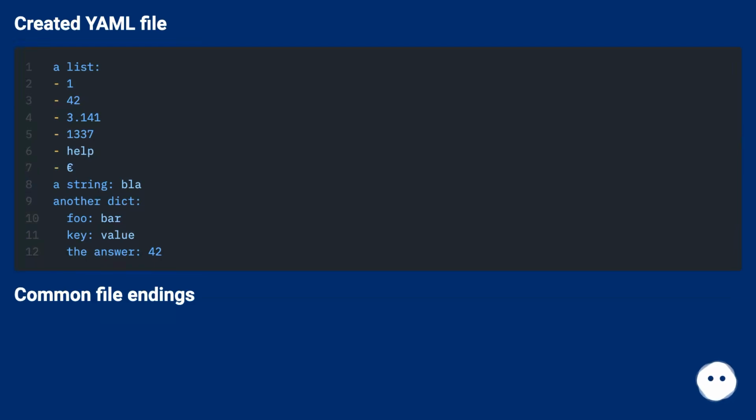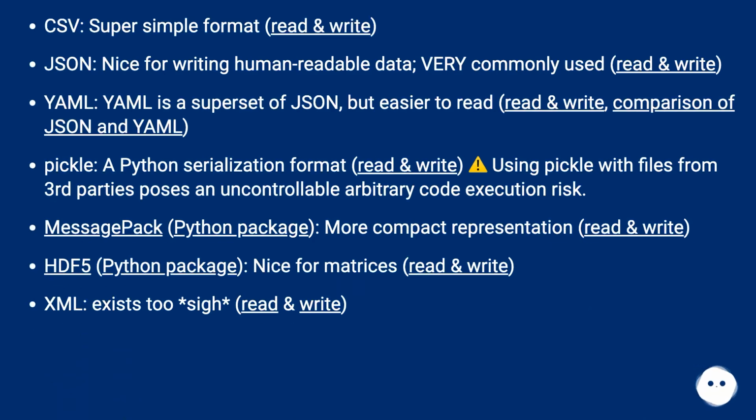Common file endings: .yml and .yaml. Alternatives: CSV, a super simple format, or read and write. JSON, nice for writing human-readable data, very commonly used, or read and write. YAML, YAML is a superset of JSON, but easier to read, or read and write, comparison of JSON and